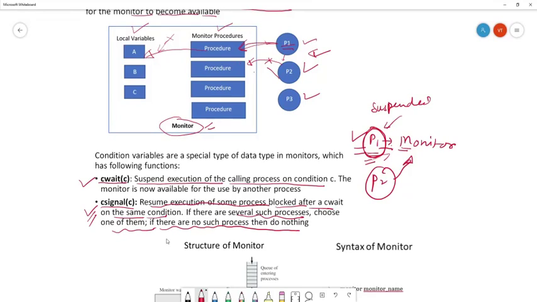If there are several such processes unblocked and waiting in the queue for entering the monitor, one of them can be selected and enter the monitor. If there is no process in the queue, then the monitor will not do anything. It is important to know that these wait and signal operations are different from those we have seen in the semaphore.